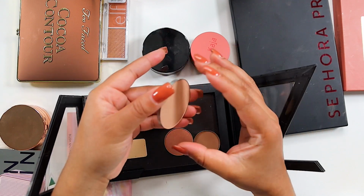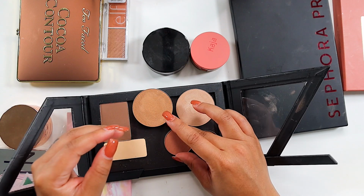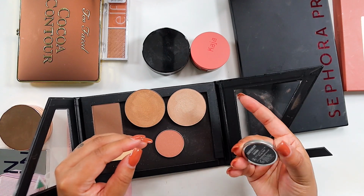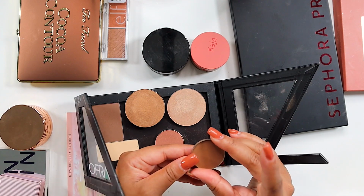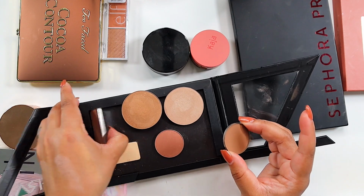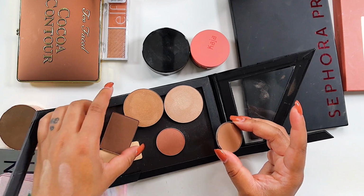She cute too. Probably still not going to use it, but she cute. I don't know what that is. I don't even have no name on it. This is from the Anastasia Contour Kit in Havana. That's a really cute shade, and I want to keep that. So I'm going to pop this in the other